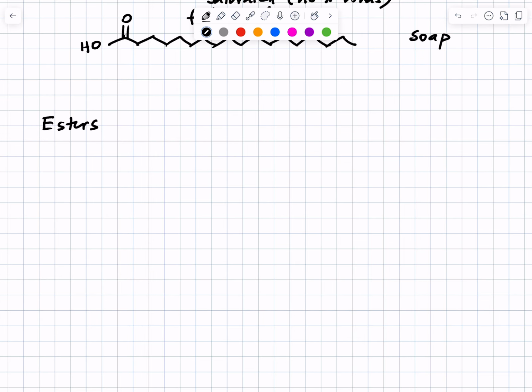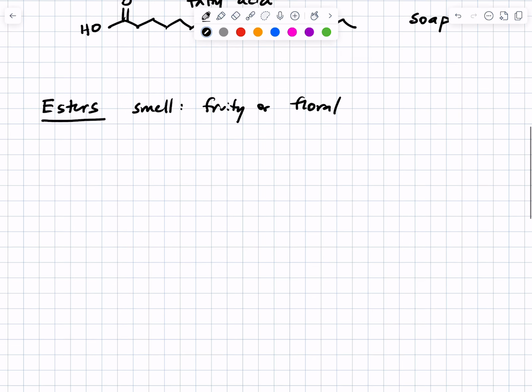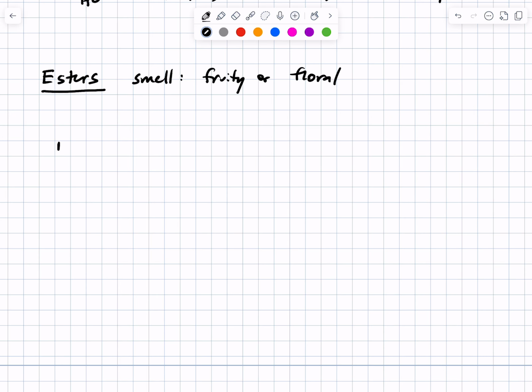Esters are kind of fun because unlike the intermediate molecular weight carboxylic acids, esters have a characteristic smell that is generally fruity or floral. So a lot of molecules that smell pleasant to us are actually esters. You've seen the structure of an ester. It has a carboxylate carbon, but the oxygen, instead of being bonded to a hydrogen as in a carboxylic acid, is